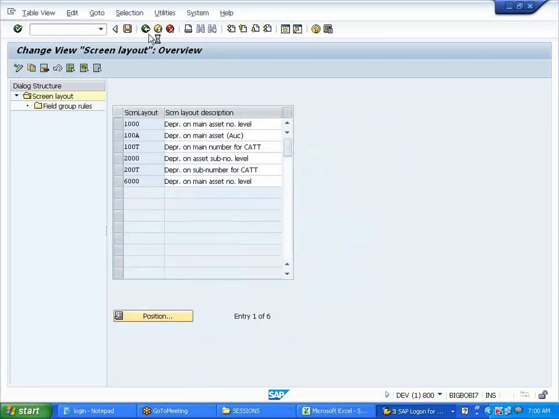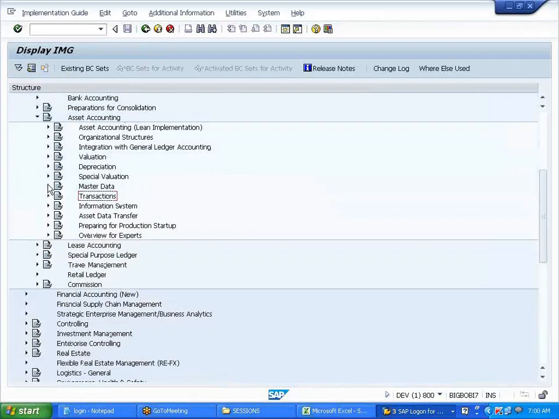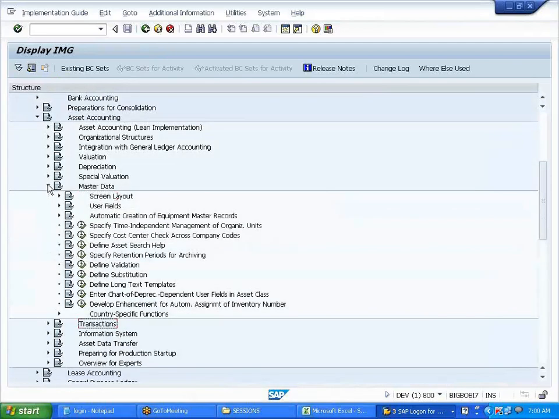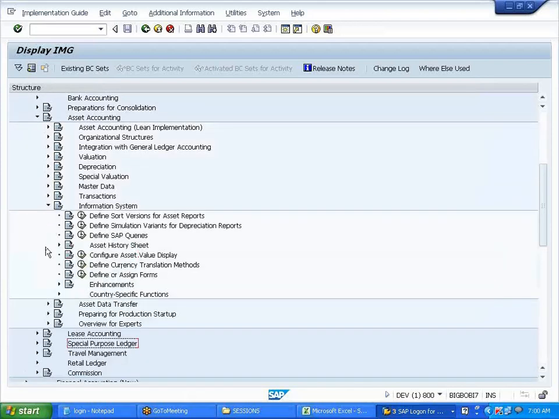So 1000 is for what? Main asset. And 2000 is for main and sub asset both, a combination. Now we are going to use 1000, I mean main asset. You can use both.